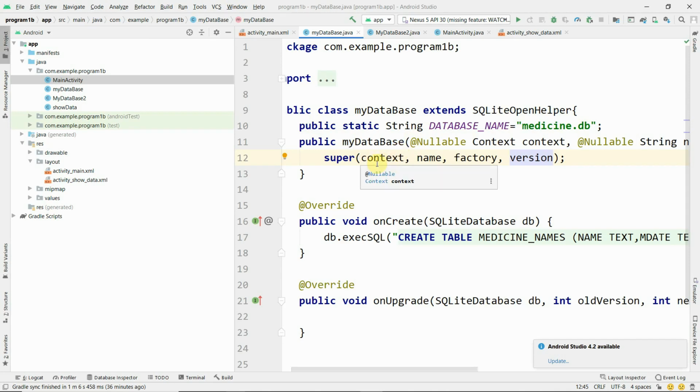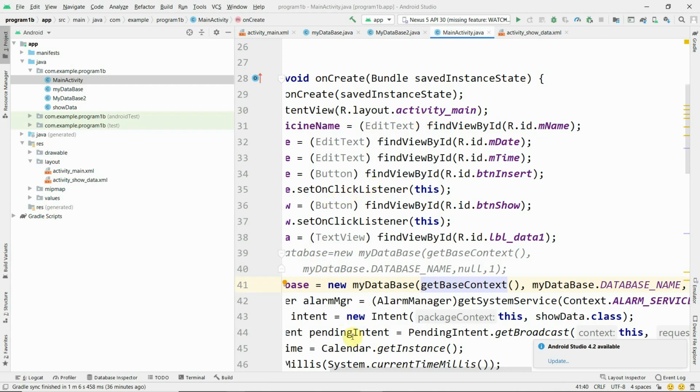The base class is nothing but SQLiteOpenHelper. Its constructor is called. Super indicates the SQLiteOpenHelper constructor is called by passing this context, name, factory and version.